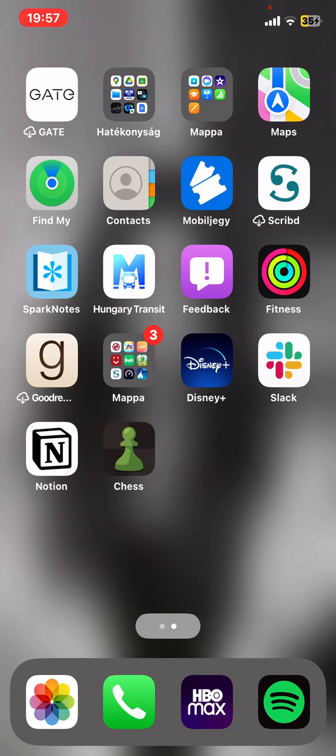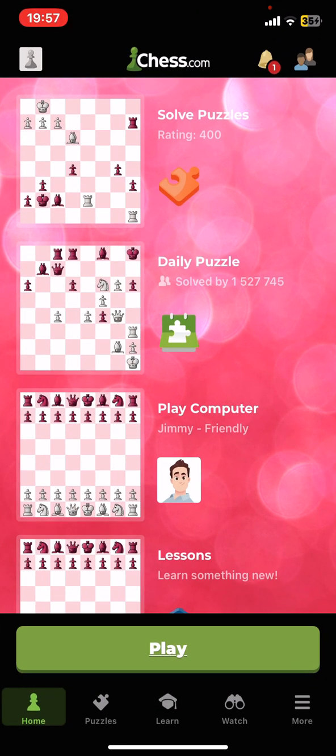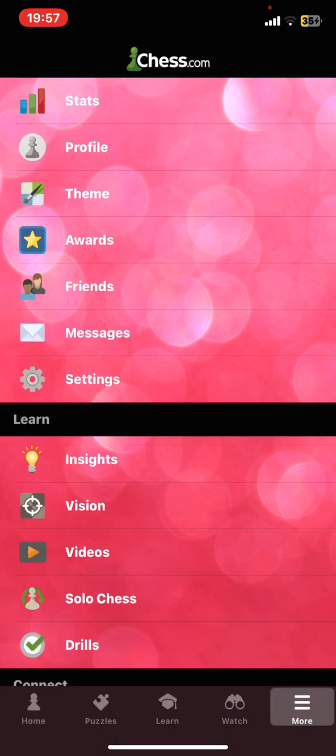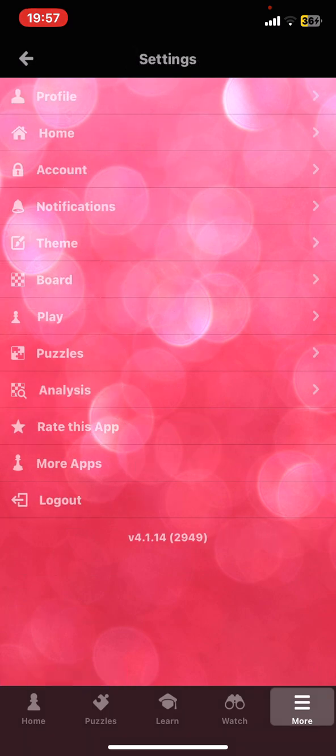Let's jump into it. First of all, open the application on your phone and then click on the More button at the bottom of the page on the right, and then click on the Settings button, and then click on the Board button,